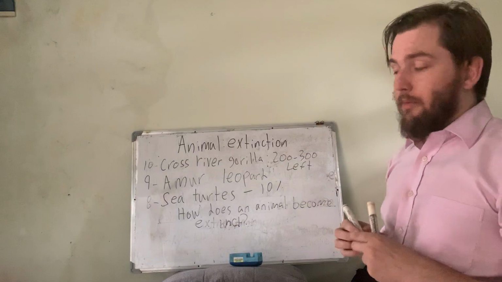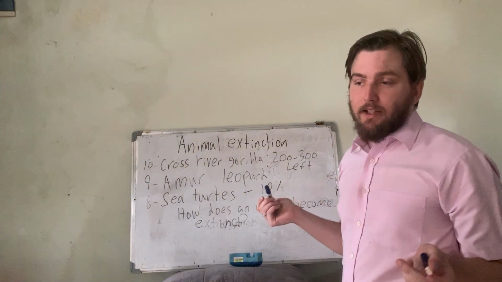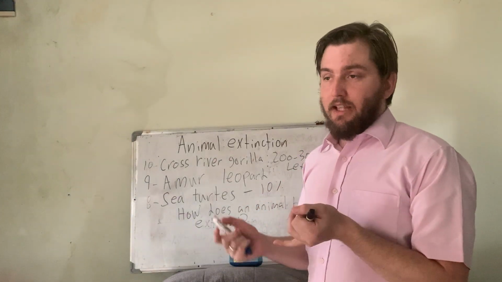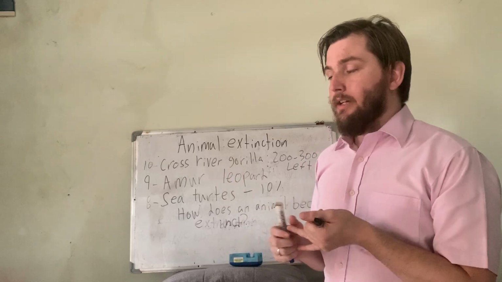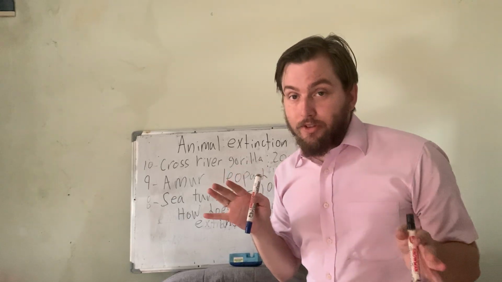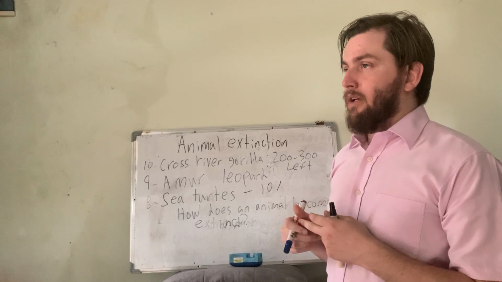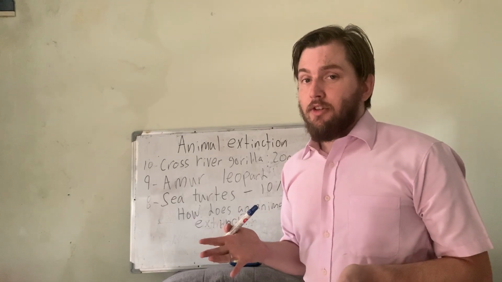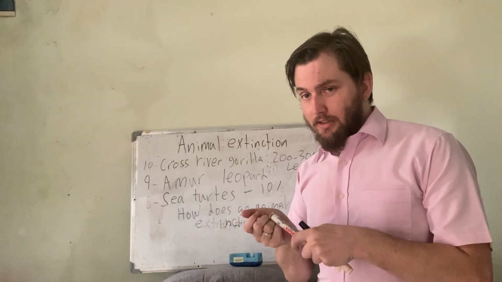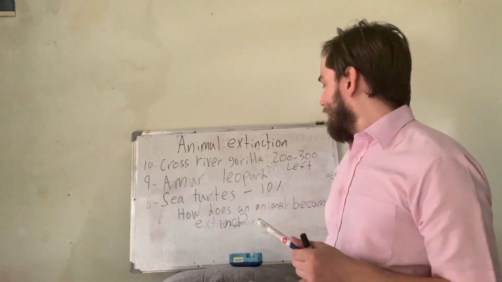So, how does an animal become extinct? I'll answer it now and then I'll write down the answer. How does an animal become extinct? It becomes extinct because nature tells it to become extinct. That would be, for example, the dodo. It becomes extinct because of predators, being other animals. It becomes extinct because the human population causes it, by cutting down trees, throwing trash, etc. There are so many things that cause these.